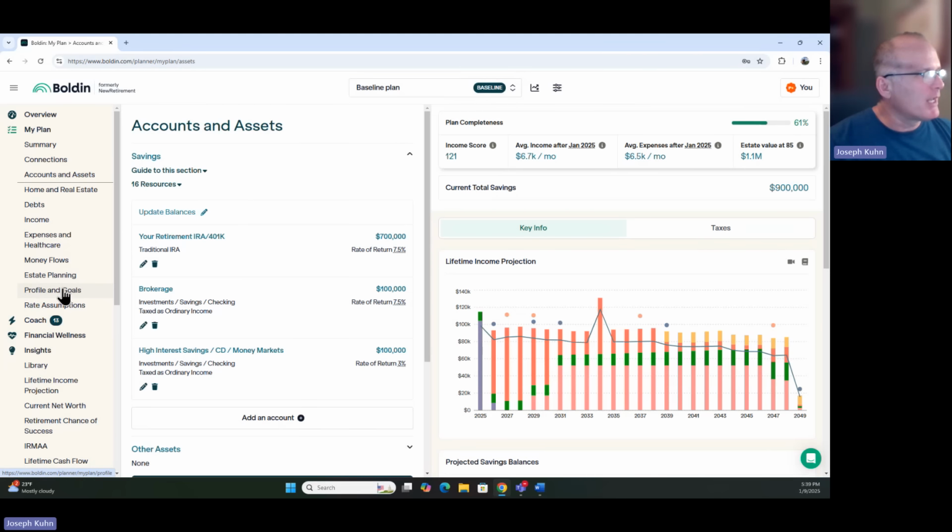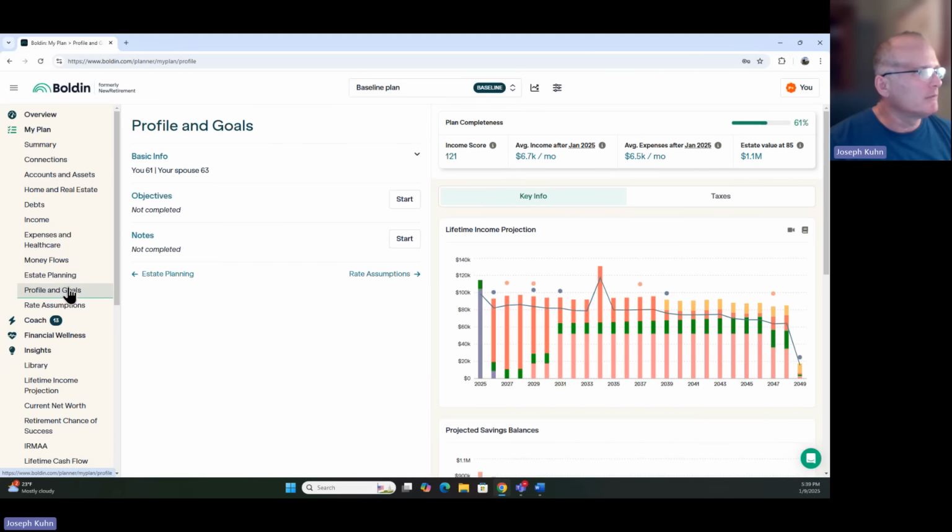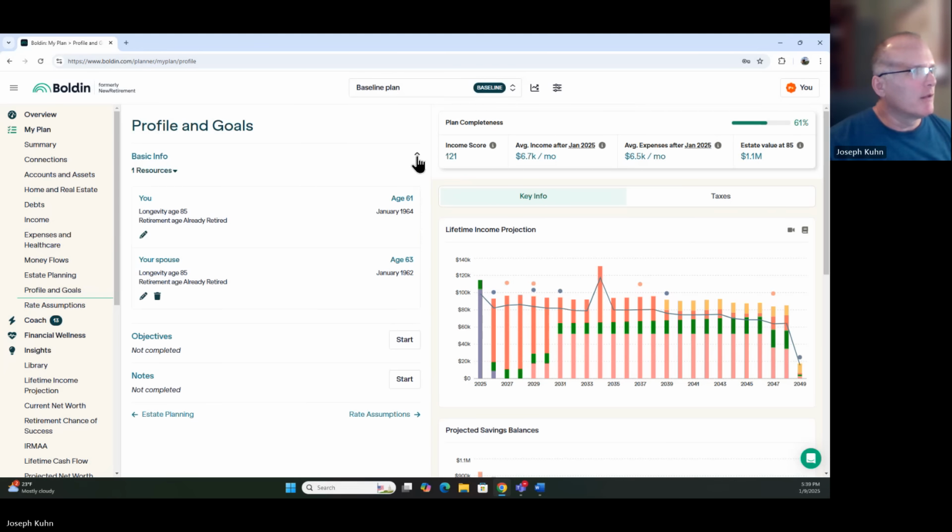Okay, so let's jump down to profile and goals. This is my profile of this simulation, not really me. But it says this person is 61, spouse is 63. Click this down arrow and it says, hey, this person's got longevity is 85 and this longevity is 85. What should you put in there for longevity? 85 is a decent number. But if you do put in something like 90, 95, 100, I've even seen that, you got to make sure